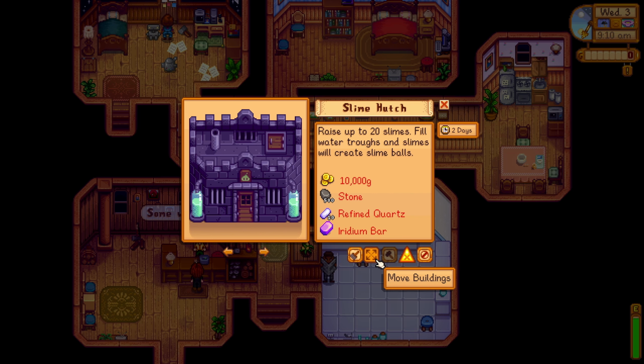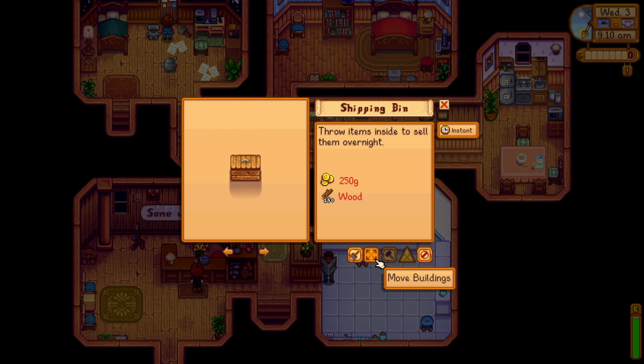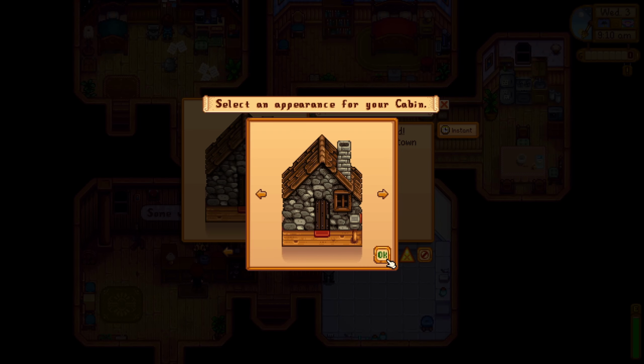The slime hutch, did it get smaller? It feels like that looks different. It feels like that's a touch smaller, like more condensed. Interesting. Raise up to 20 slimes. Oh, I was about to say, you could see the upgrades. It's probably because I technically already have a coop. Shipping bin, the coop. Okay, so there's no new buildings. Some of them look a bit different. If that's what that option is for...